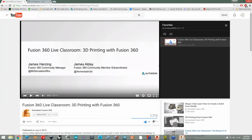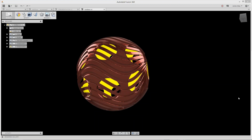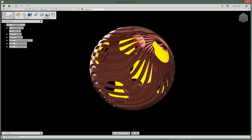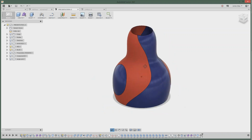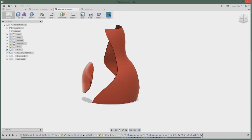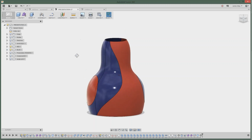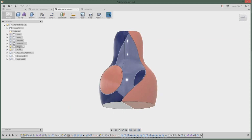All right, so this is basically what we're going to be doing today. Last time, I showed you guys step by step how to make a model like this. This is a two-part model that we can do dual colors with. We ran out of time at the end, so I didn't have much time to say how we export these and how we use them in some of the built-in 3D printing applications. So we're going to touch base on that, basically how to export these,